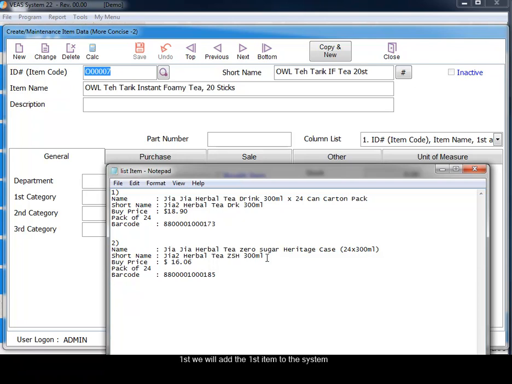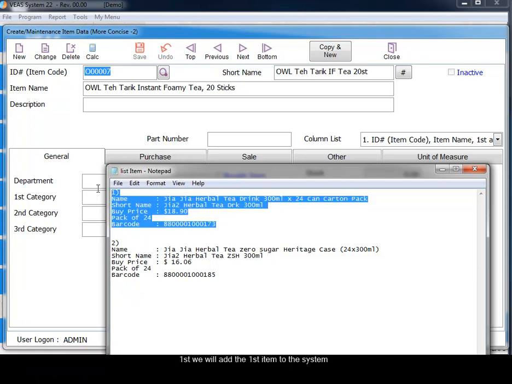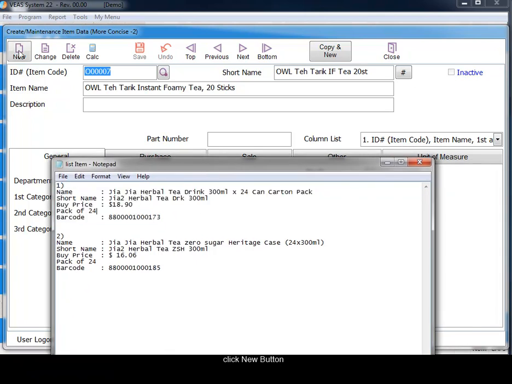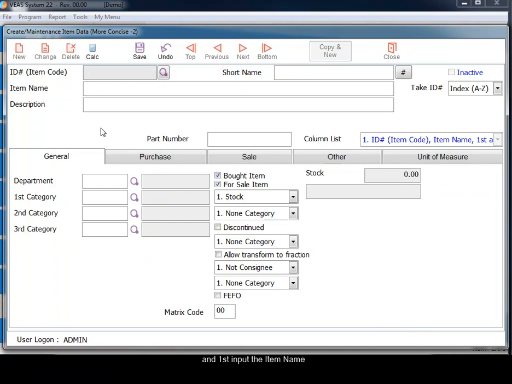First, we will add the first item to the system. Click the New button and first input the item name.